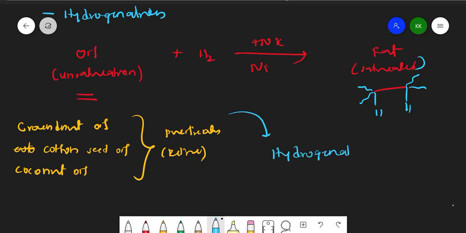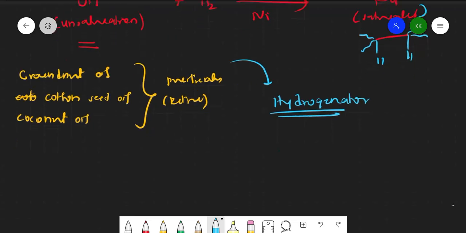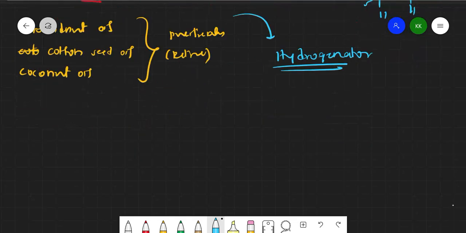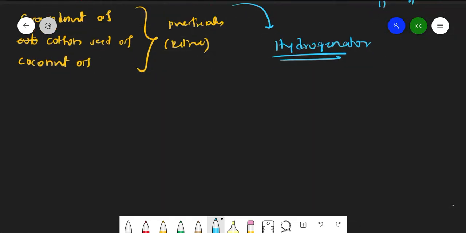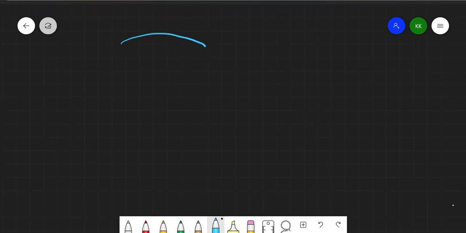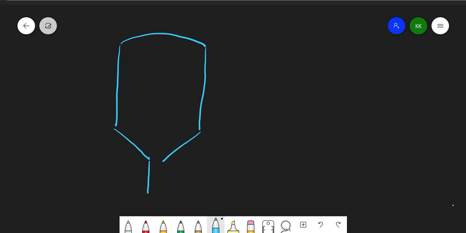What is this hydrogenator? It is an apparatus, right? Where this saturation, this hydrogenation happens, so let us see about that apparatus. It will be like this simply, right? It will be like this hydrogenator, and here it will be having a locking system where we lock, right?